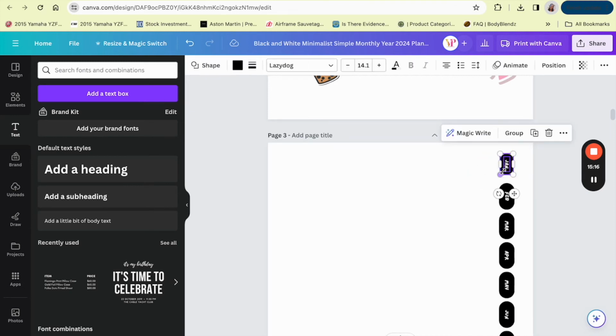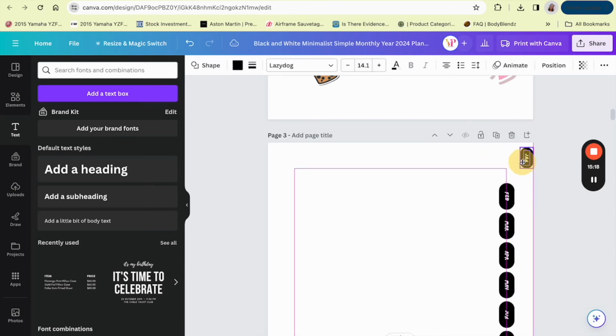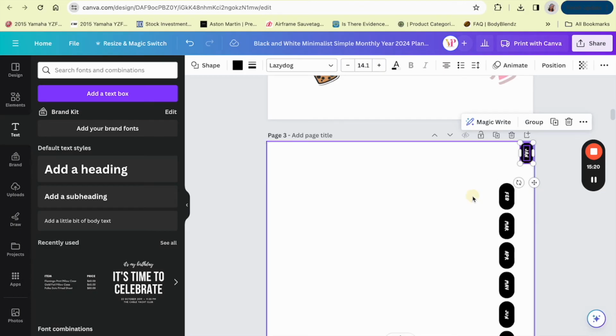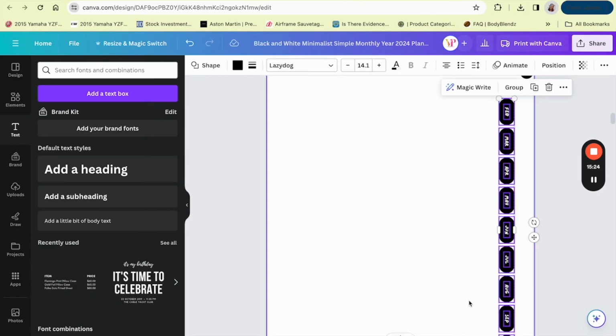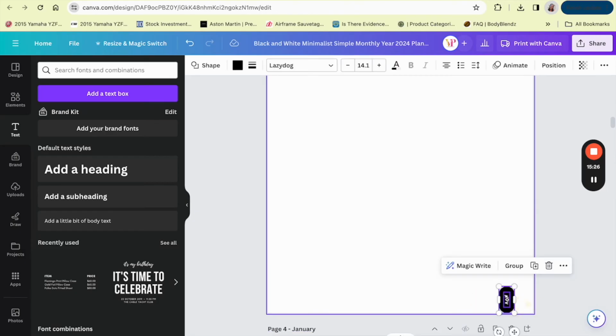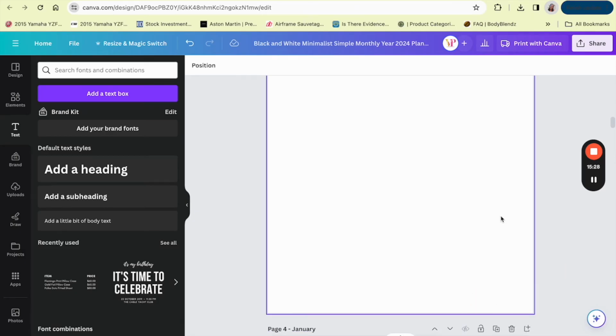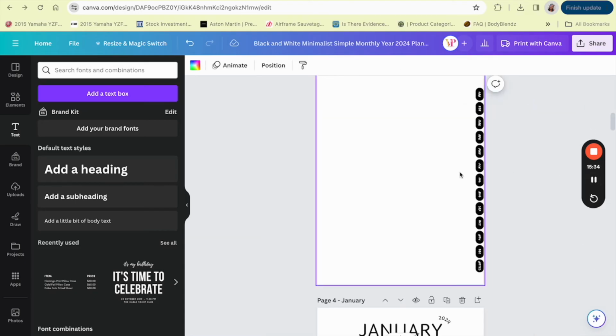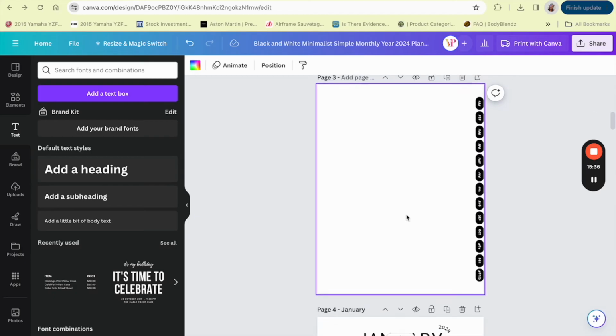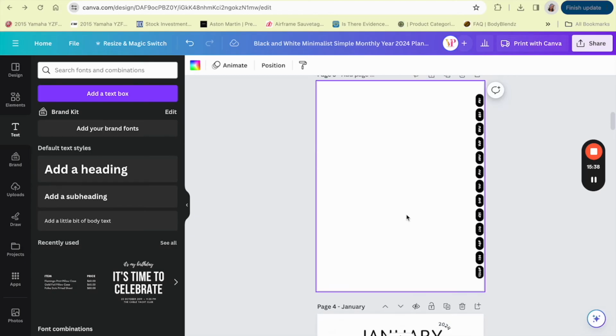So now we're going to do this one. And we're going to have to delete all of these and start over. So let's do that again. Okay, so I've done it over, and I'm going to make sure that each of these tabs